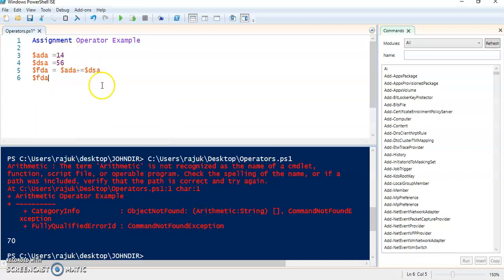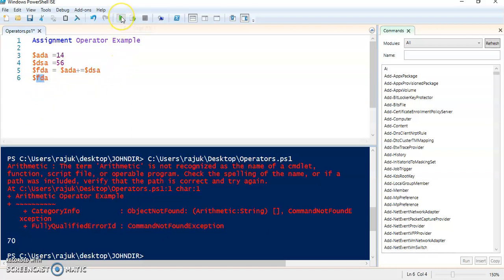We have created a variable in which we stored the value 14, and another variable with 56, and in the FDA variable we have stored both values by adding them.